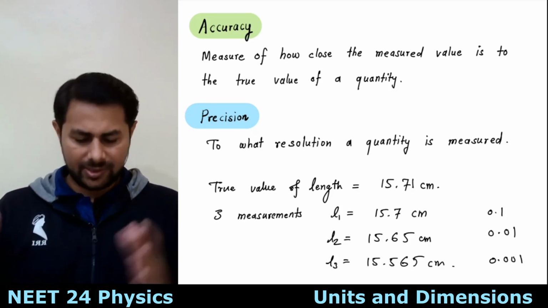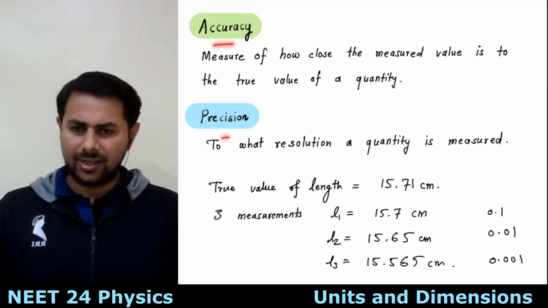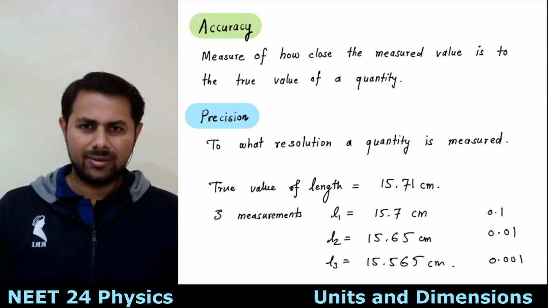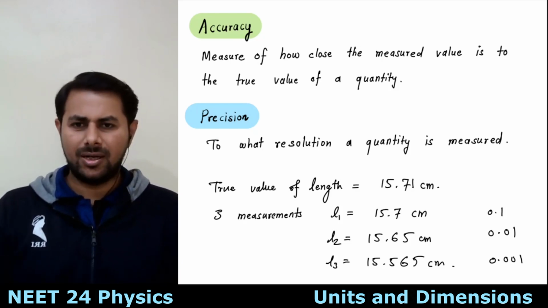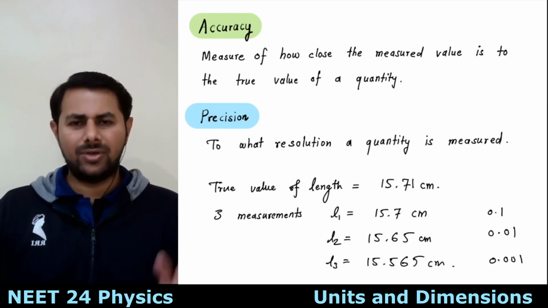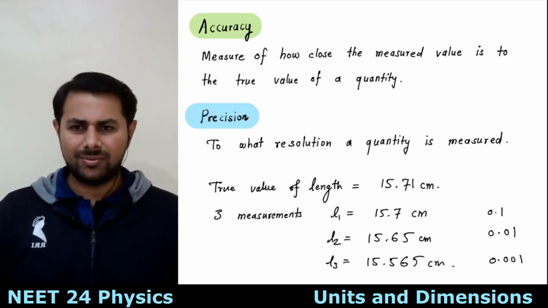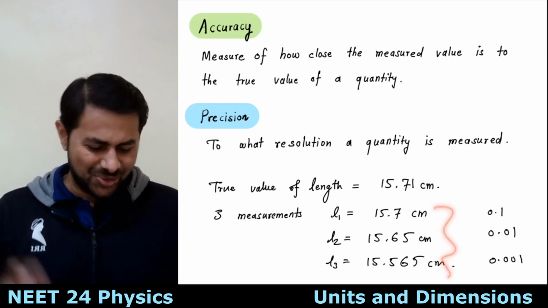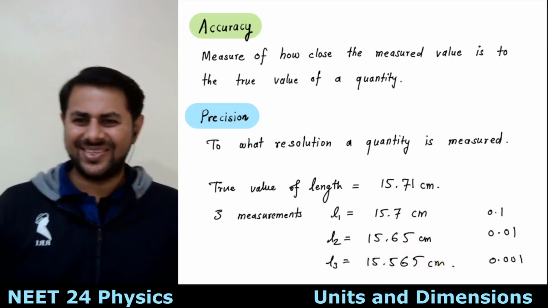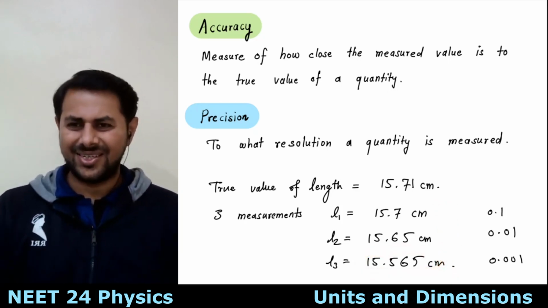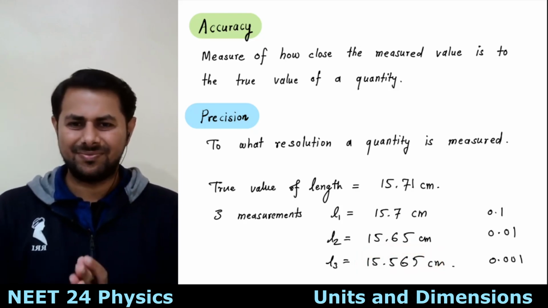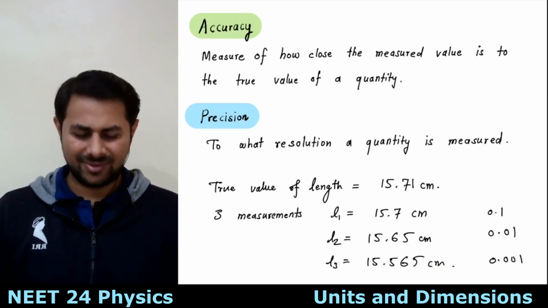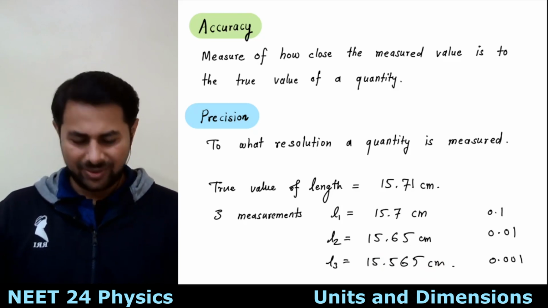Okay, in physics accuracy and precision are different things. But generally, if you have a better, more precise instrument and you know the correct technique, then your reading will be more accurate also. So this doesn't mean you shouldn't have a better instrument, right? Any doubt in this, Indusha? Anybody? No, sir, clear. Okay, good. So this is accuracy and precision.